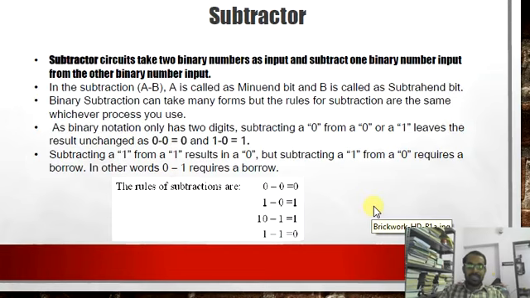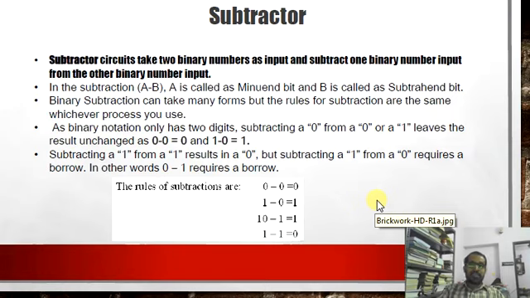So we have seen that the difference between the full adder and half adder is that in the full adder there are three inputs, and it considers the carry input from the previous state, whereas in the case of half adder it does not count the carry input from the previous state. So it can only be used for addition of two binary bits.